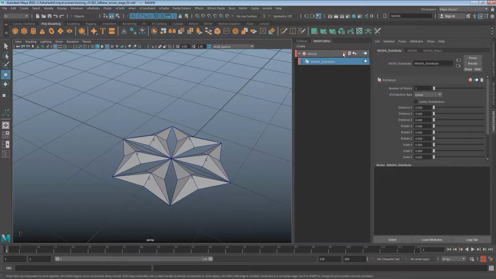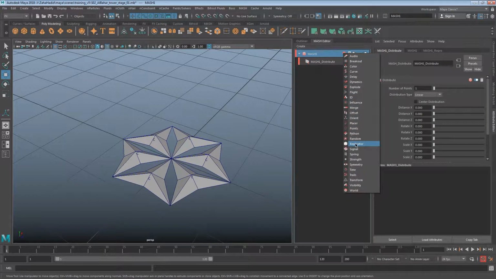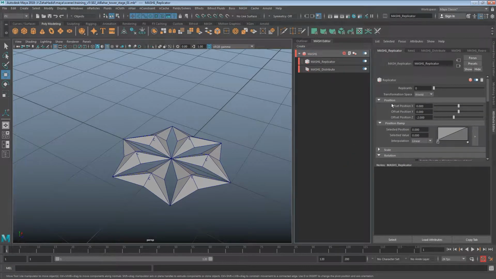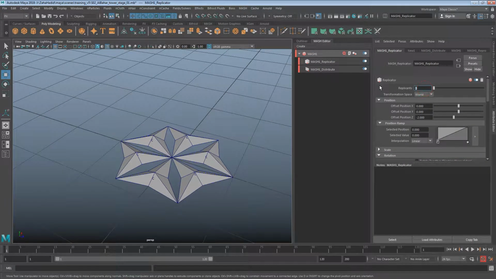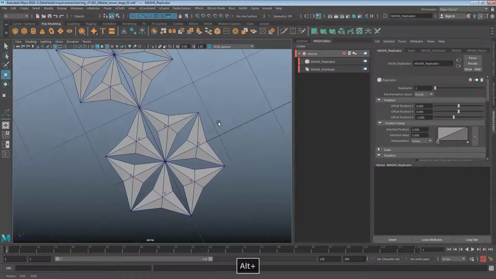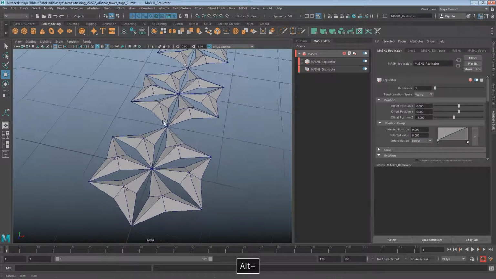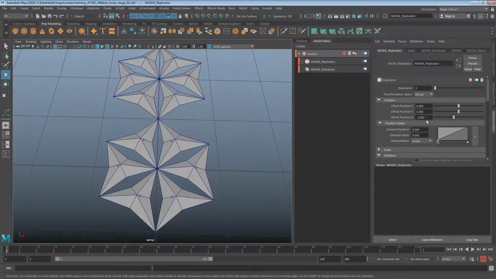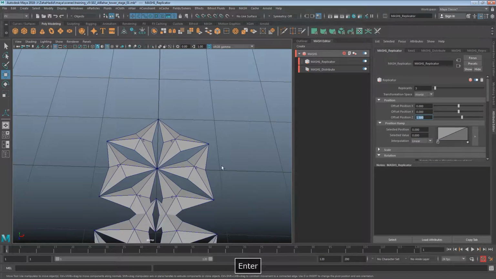Okay, so the node we do want is the replicator node. So we press this little bit here, go here, there we go, and we'll give it a replicant of, let's say, 3. Okay, so that's doing the tip to tip, but we want to go a different direction. So let me just check my values. So I'm going to put in 1.5 here,